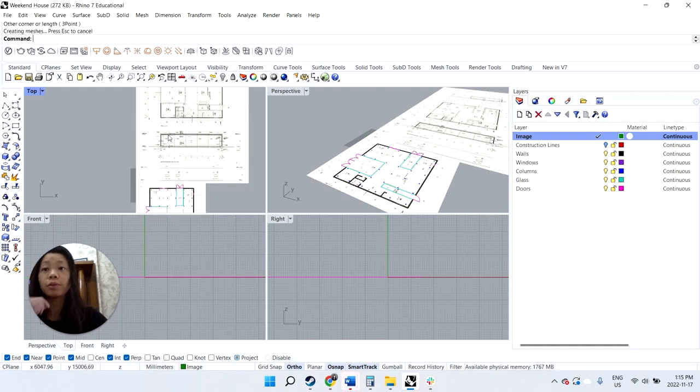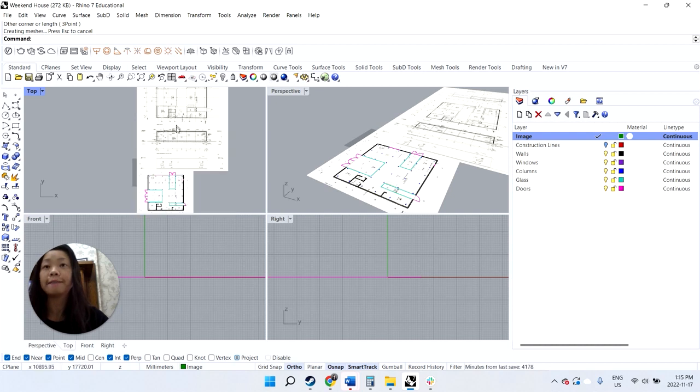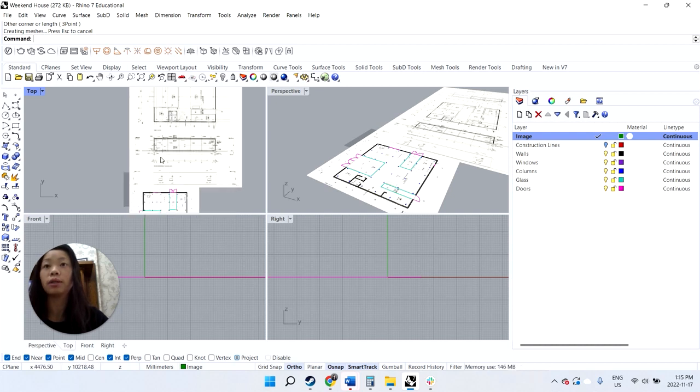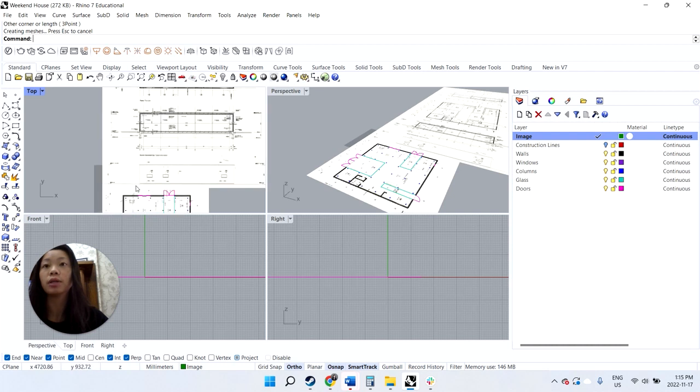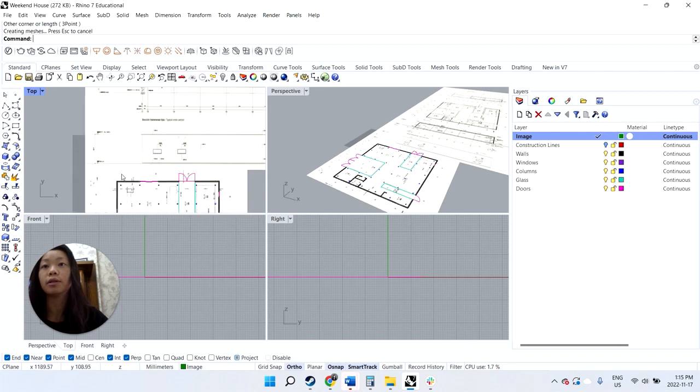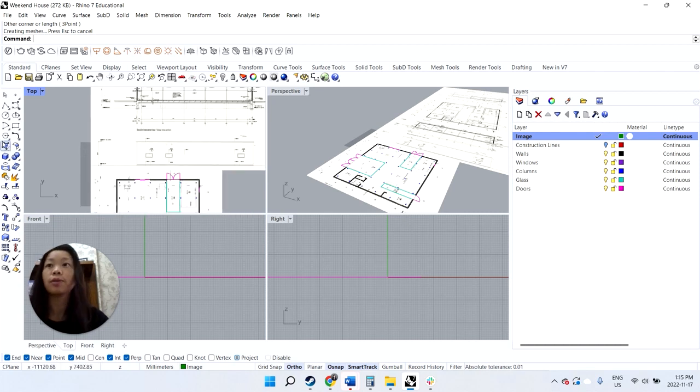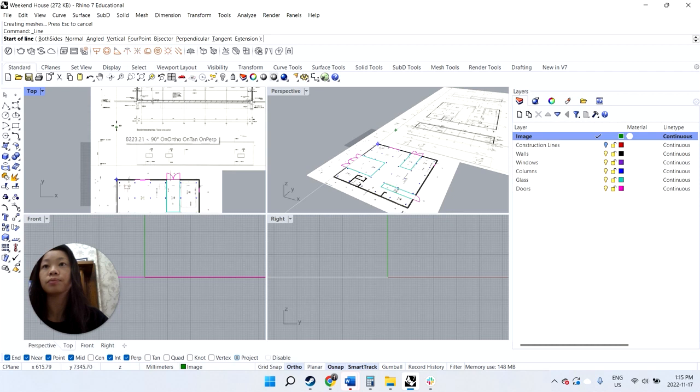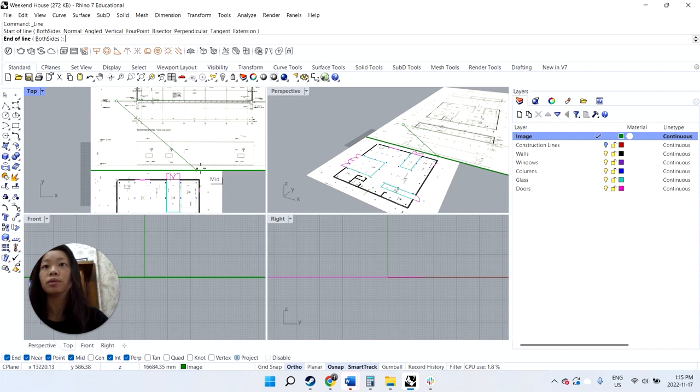So if you saw our previous video, you'll also know that we'll want to scale the drawing accordingly. So right now, the plan is quite large, same as the sections and elevations. So we want to make it match up with the scale of our existing floor plan. So the way to do that is we'll just draw some temporary lines, for example, and we're going to grab that corner of the building, grab the other corner,